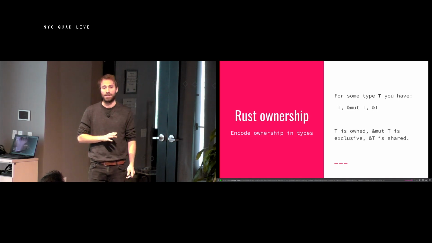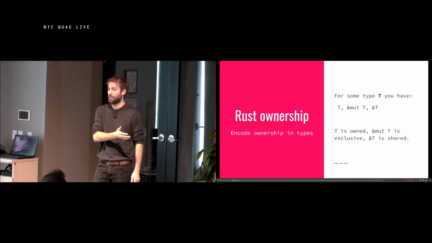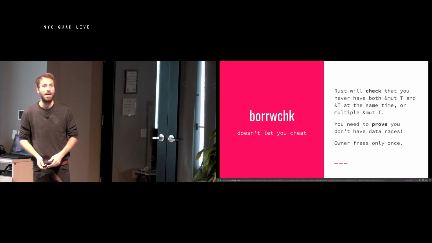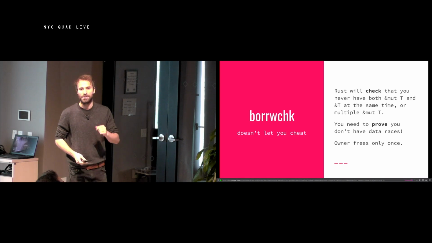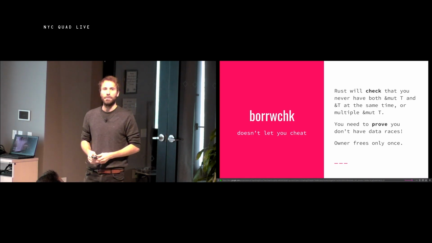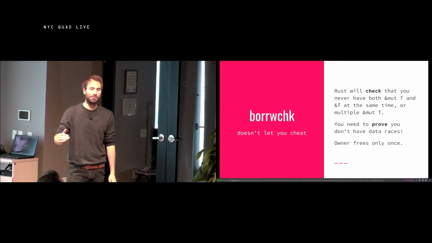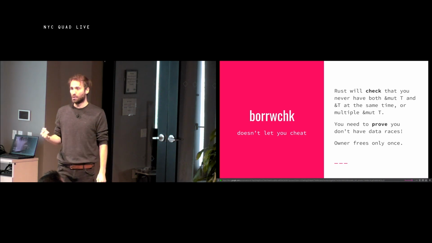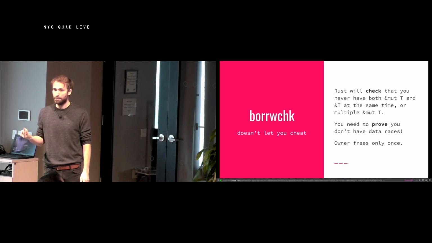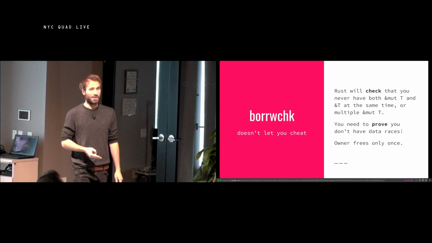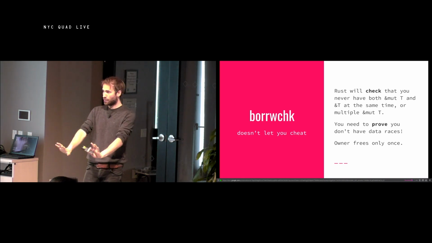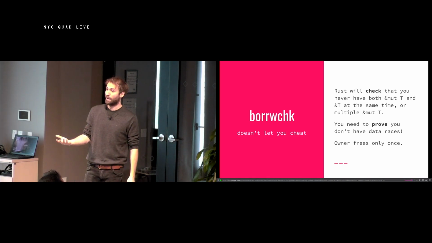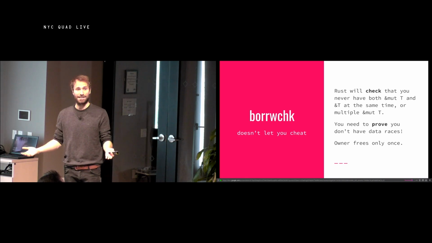These are the basic 3 types in T, and this is basically the entire ownership system in Rust. That these are the 3 types, and Rust will, at compile time, check that you have not violated these contracts. It's going to check at compile time that for every variable, for every piece of memory, for every resource in your program, you never have both a mutable reference and an immutable reference at the same time. That you never have multiple mutable references. Either of those, not okay. Your program will not compile. It is fine, though, to have multiple immutable references, right? Because you can have lots of things read things at the same time.